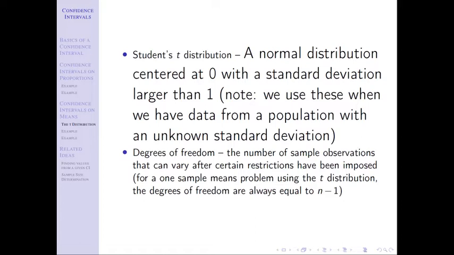So our degrees of freedom are equal to n minus 1, because in these problems, if we're working on the mean, and we know what the mean is, whatever it is, the number of things that could be whatever they want in that sample is equal to n minus 1, because that last number has to get us back to whatever we already know the mean is. So again, that's something you don't have to know. That's just if you're curious. If you're not curious, no worries, you will not be tested on that whatsoever.